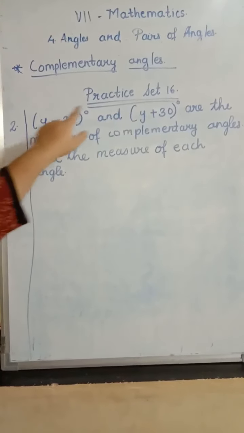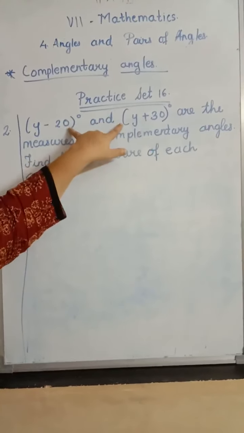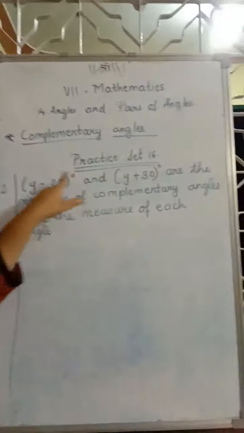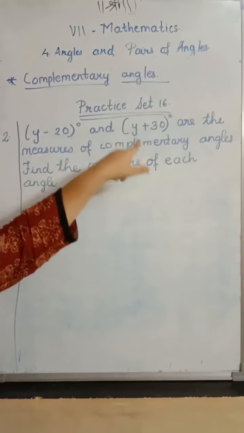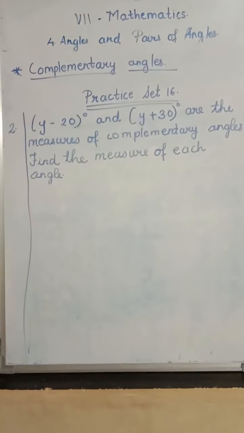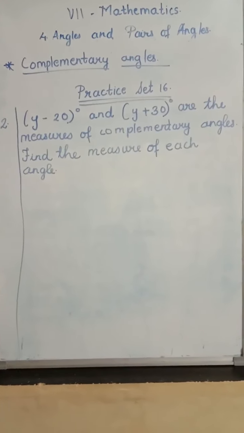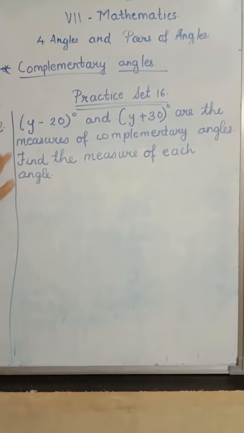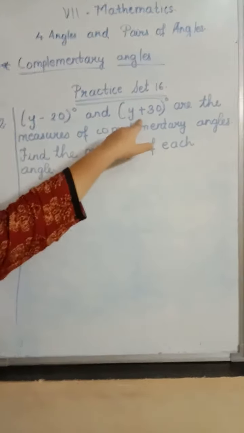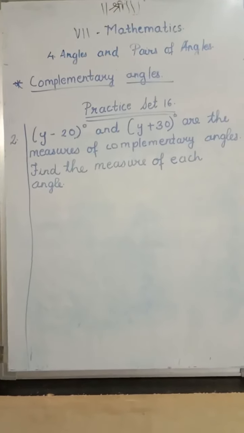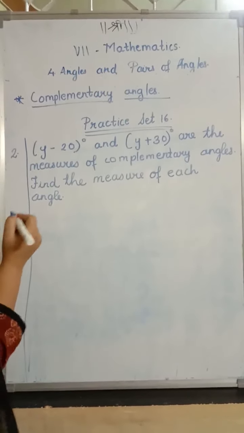This is one and this is other. Both of them are complementary, means addition, and means plus. Yeah. This plus this is complementary. That is this plus this equals to 90 degree. Did you get some hint how to solve? Yeah. Find the measure of each angle. These angles and other angles measurement, exact measurement you have to find out. It's very easy. Pay attention.